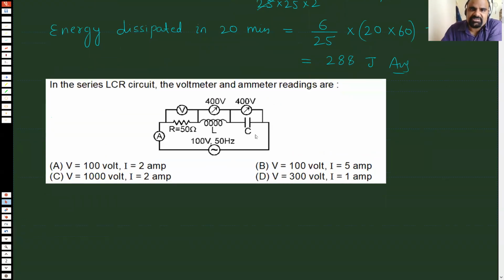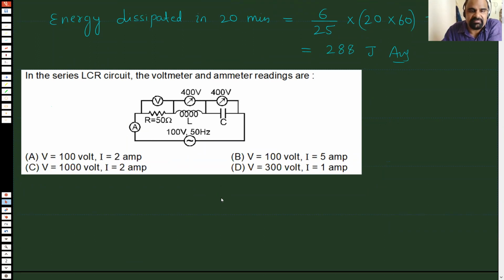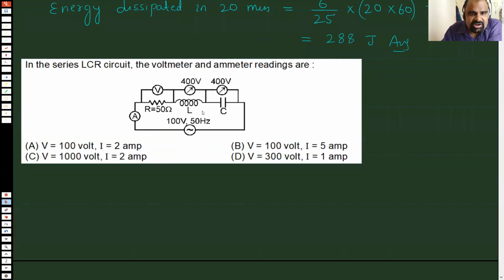See, when a student looks at this question, he feels that it is very tough. Well, it's actually not at all tough. When you look at this circuit, it looks like, oh my God, what a complicated circuit it is. But seriously, this circuit is not at all complicated, because this is simply an LCR circuit. You see, LCR. That's all we have, LCR.